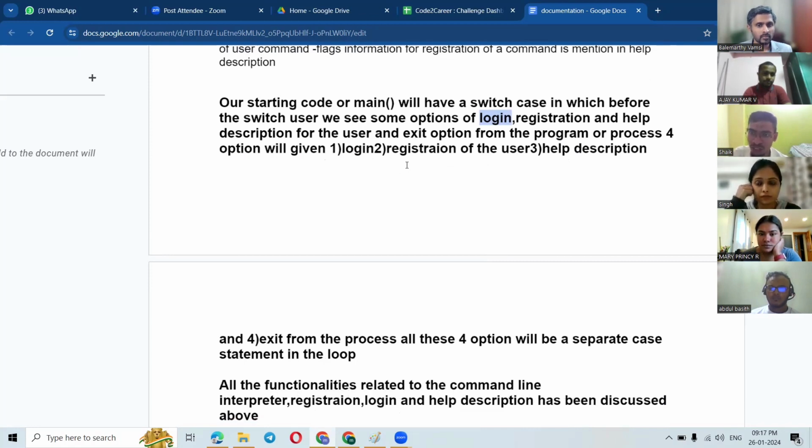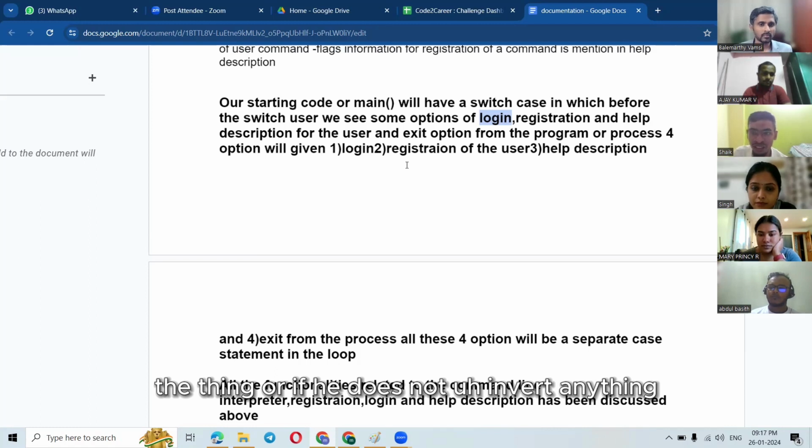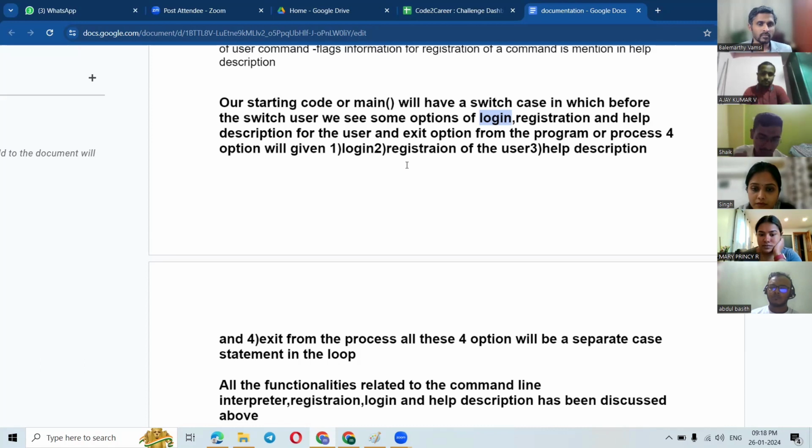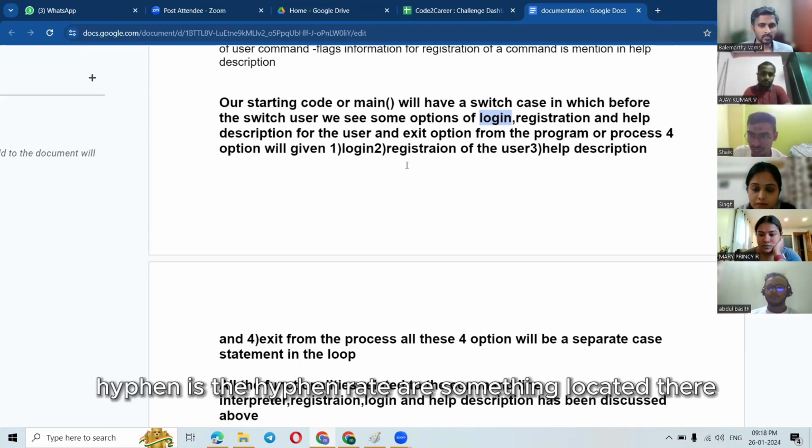For example, we have three default commands: temperature, pressure, gas. So if the user enters the first command line argument as temperature, then if he enters hyphen h along with it, it will go to that. Or if he does not enter anything, it will ask to enter help for this particular command, like temperature hyphen f, hyphen h, or something related to that.